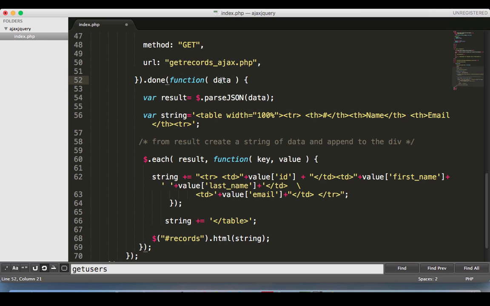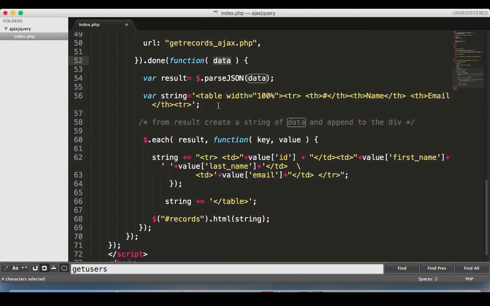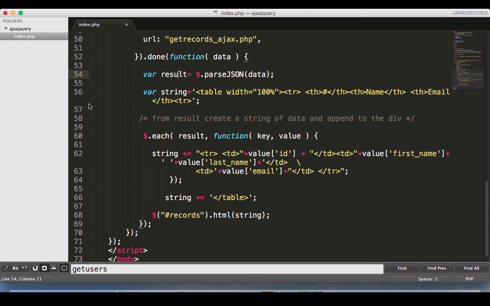and this function receives this data parameter. Actually this data parameter is sent by server, and we parse this data, as this data will be a JSON encoded array from the server. We parse using jQuery's parse JSON function and assign this to a variable called result. After parsing the data returned from the server, next we have